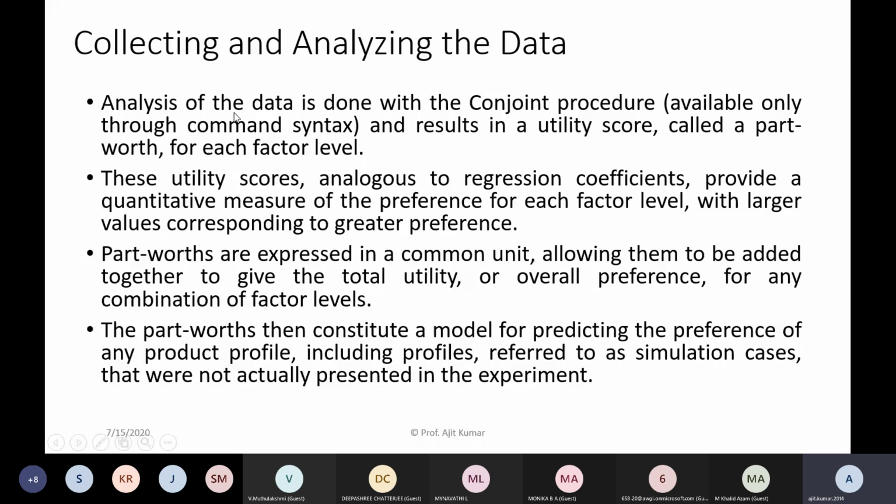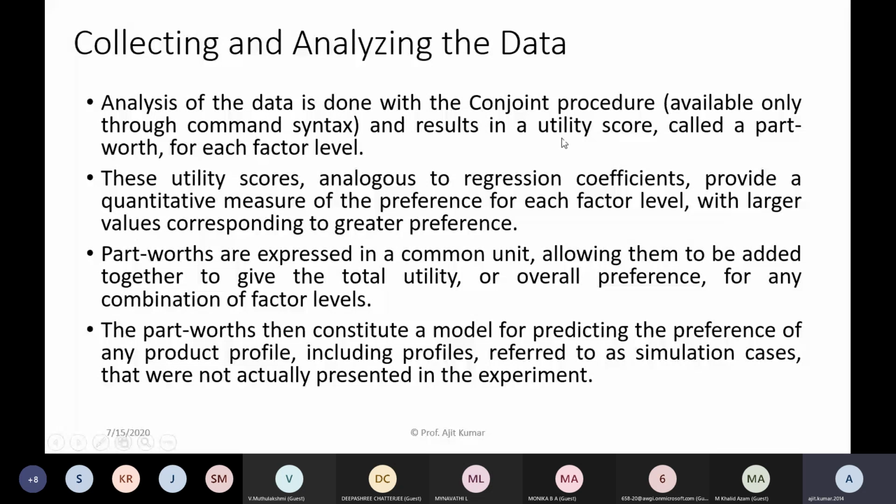But there are other options for using conjoint analysis in SPSS. There is something called command syntax. I'll tell you that there are 3-4 lines of code using which you will run this complete conjoint analysis, and you will have your output file just like in the click and play model. So this is about the command syntax, and you will have the results as utility scores.